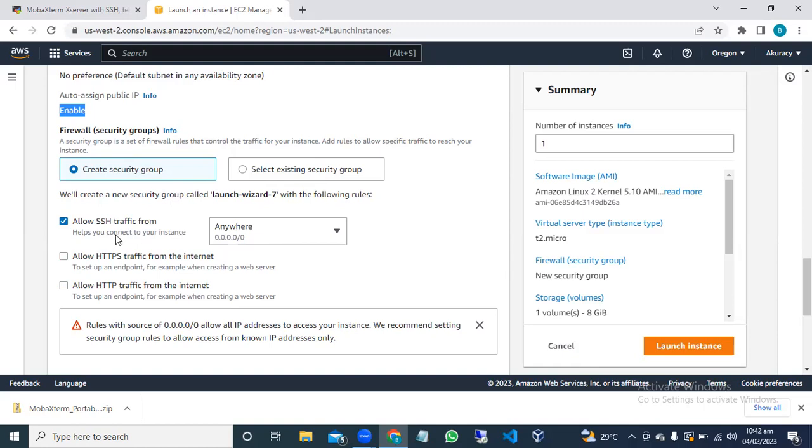But for now, we are more interested in Linux. We want to securely connect to our Linux server using the MobaXterm machine. So we are going to use